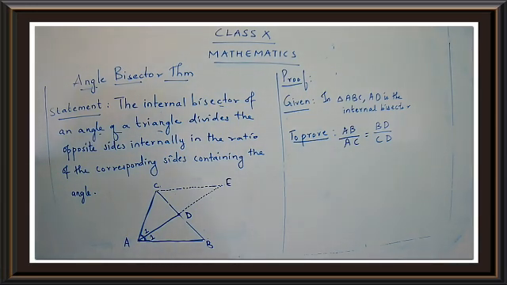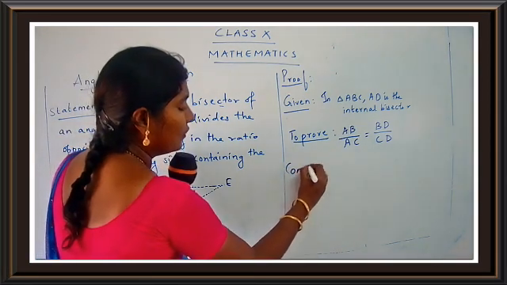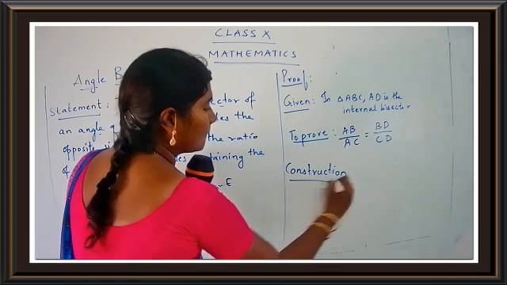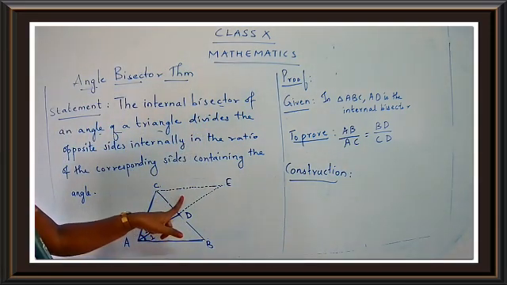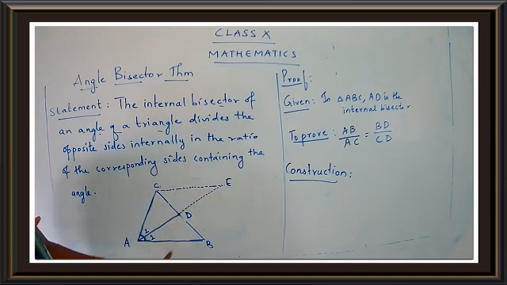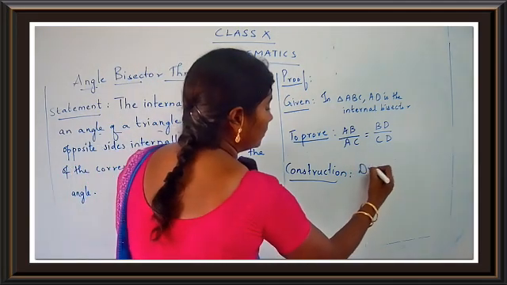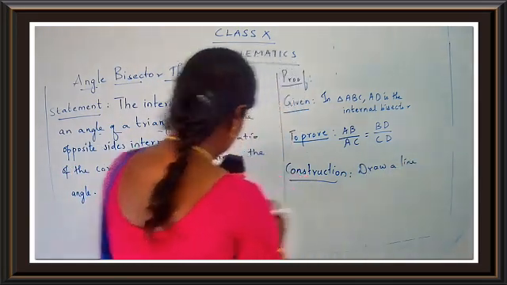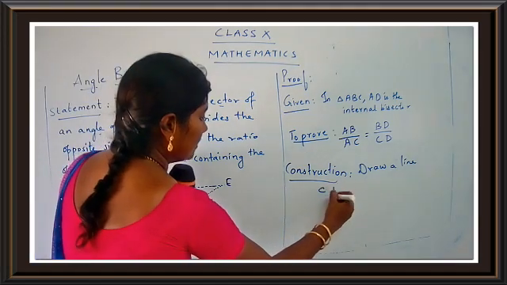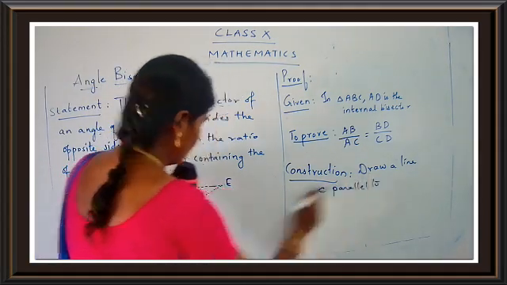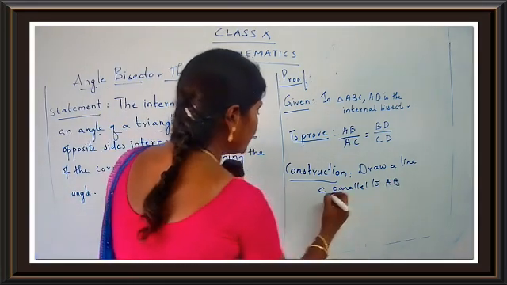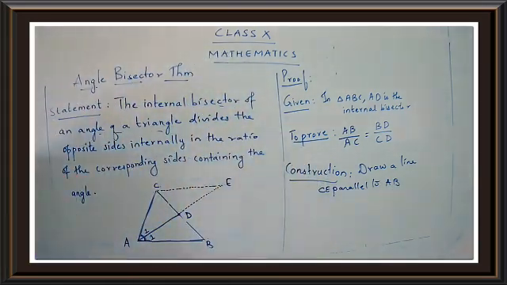Okay, now let's write on the next part, construction. So I have told you that we are doing some extra work in the figure. What is the extra work over here? We have drawn CE parallel to AB. That was the first thing, yes? So write down, draw a line CE parallel to AB. You can just put here CE, no problem. Right. Draw a line CE parallel to AB.